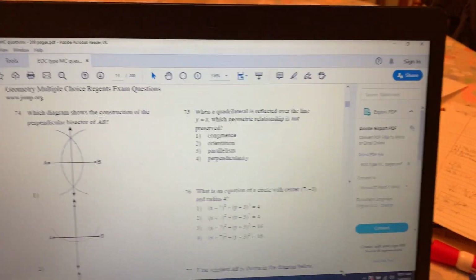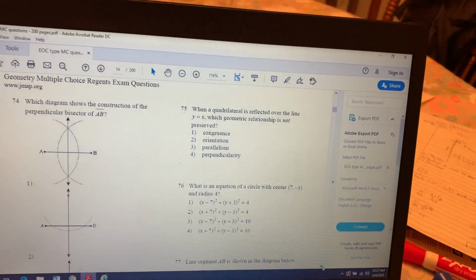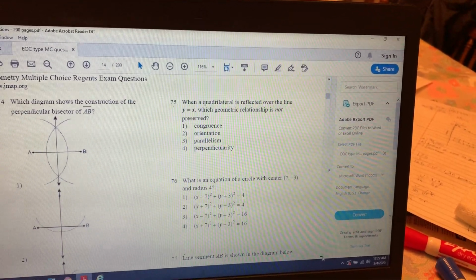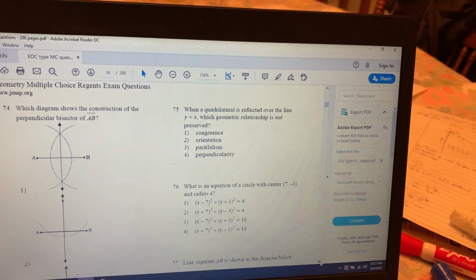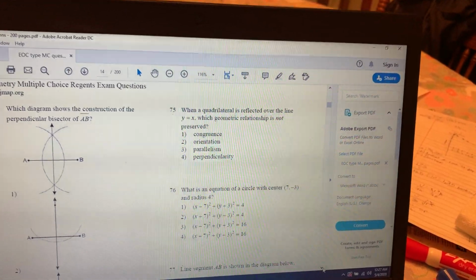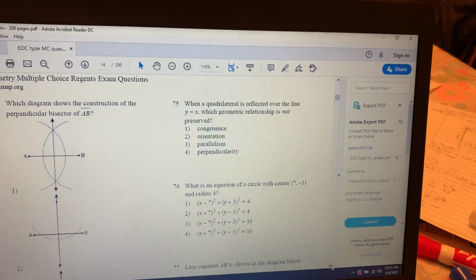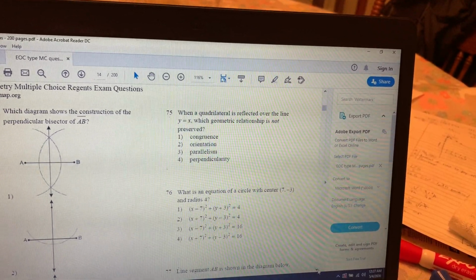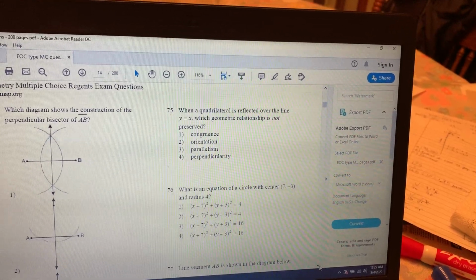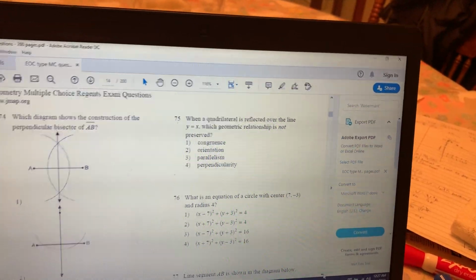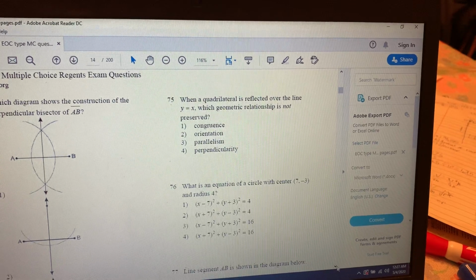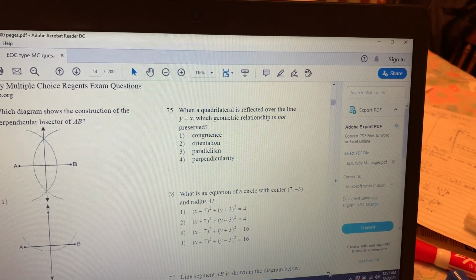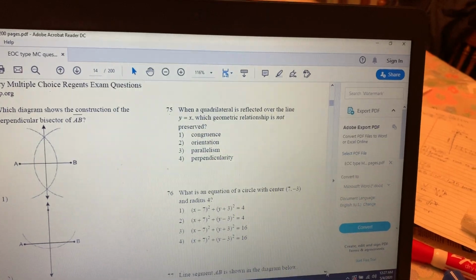75. When a quadrilateral is reflected over the line y equals x, which geometric relationship is not preserved? Congruence, orientation, parallelism, or perpendicularity. All right, so I'm going to draw this one out for y'all so y'all can see an example, okay? So the only one y'all probably might be able to remember from that one is when we're reflecting over the line y equals x, anytime we do a reflection or a translation or a rotation,